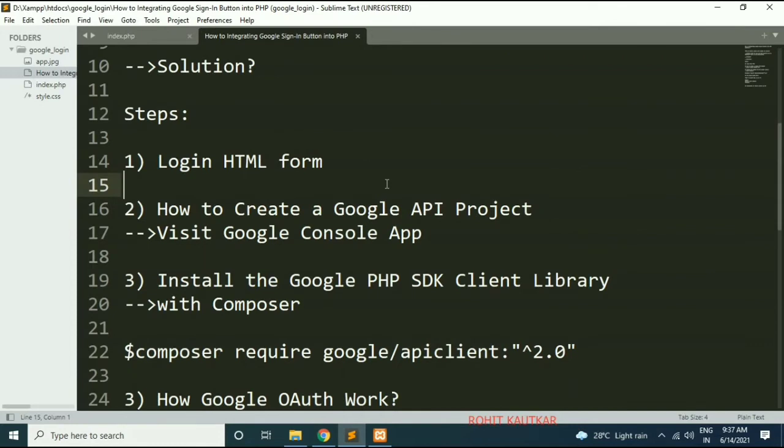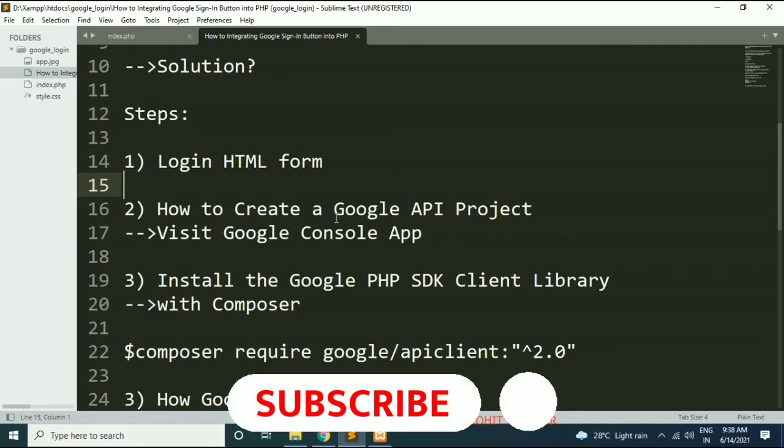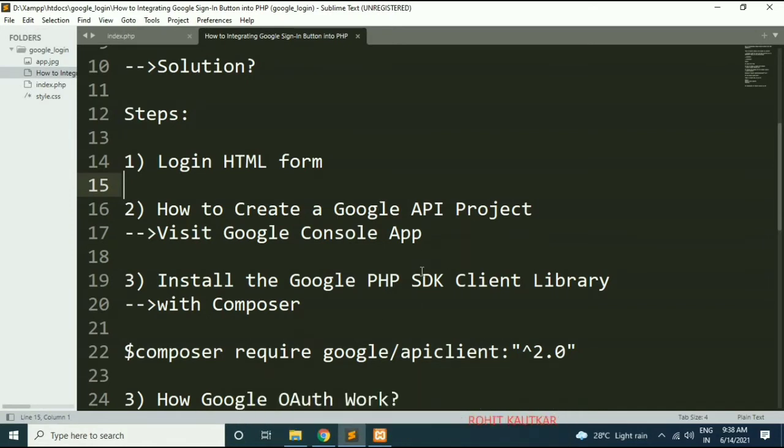Now friends, we will try to understand what basic setup is required for integrating Google's login button within our web page. So first of all, we need to create one Google API project. In this, you need to create an application with Google which will allow you to register your website or domain with Google. It will allow you to set up some basic information about your website or web application, and some technical things as well that we need to configure.